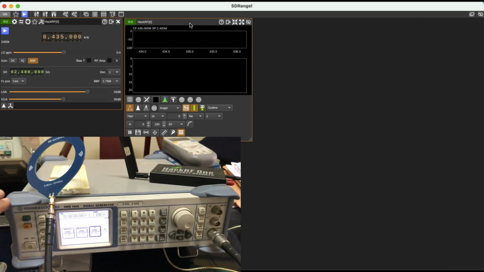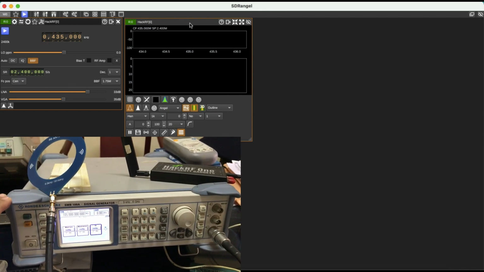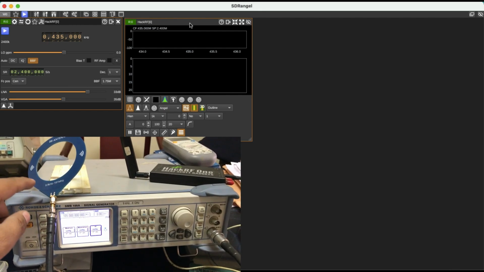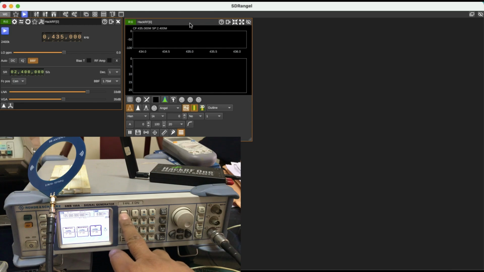Now I'm going to start doing the transmission from this side. So we're going to do first a test transmission using this antenna exactly at 435 megahertz. So I will simply go here to the frequency knob, and I'm going to change this to 435 megahertz. Hit enter. 435 megahertz. All right, and let's leave the level at 0 dBm,